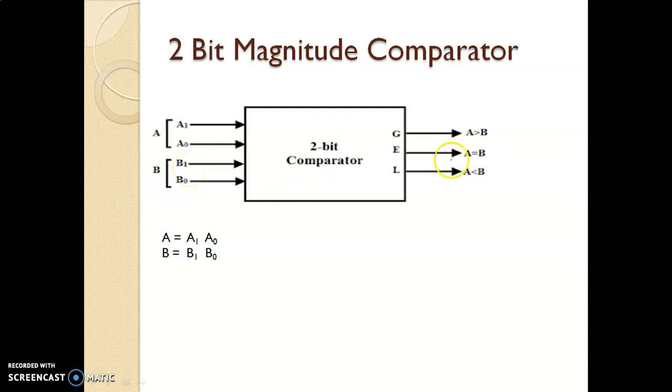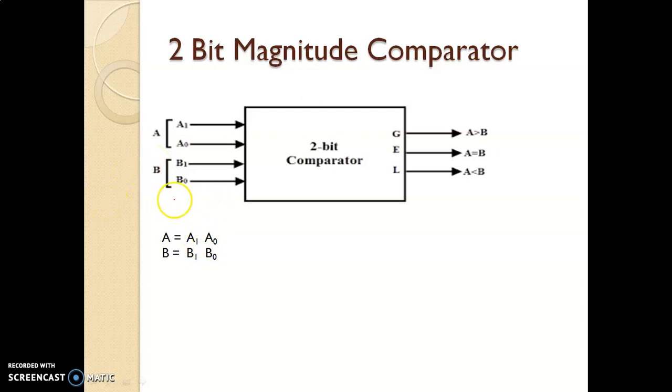Your outputs will remain the same, because you can get the knowledge whether A is equal to B, or whether A is greater than B, or whether A is less than B. So output for all the multi-bit comparators will be the same, because only 3 possible values you can get when you compare 2 numbers, isn't it? Whether those numbers are equal or greater or lesser. So this part will be the same, but the input here will be having 4 bits, 2 bits each for both numbers. Now let's see